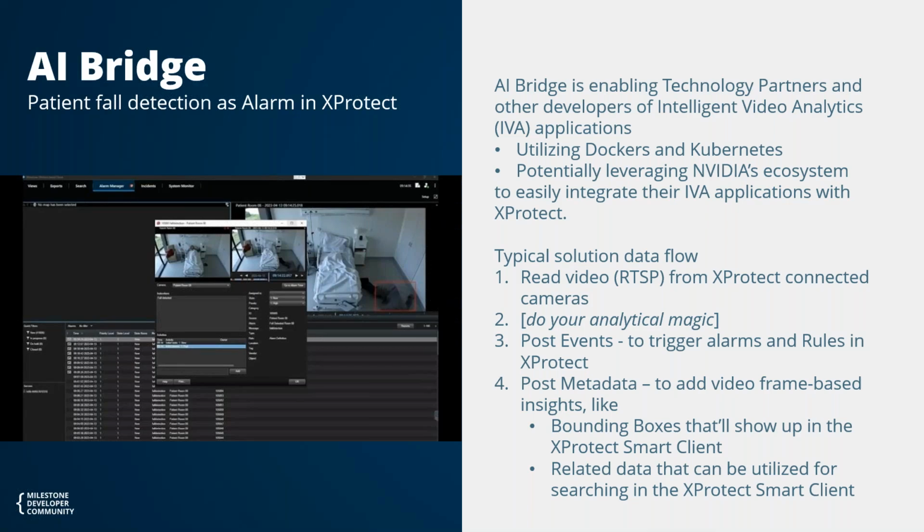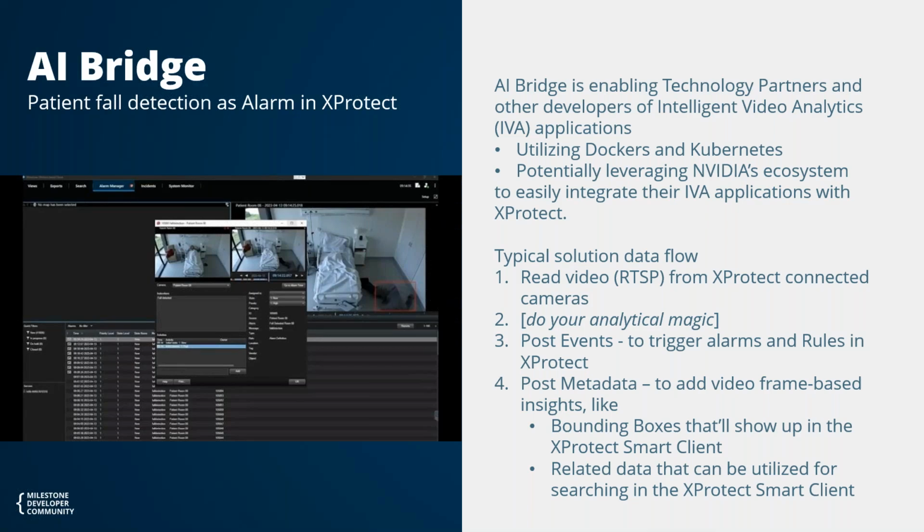And here on the left, there's a screenshot from what's called the smart client, the XProtect operator client, and we see the alarm views. What we see here is a picture of a bedroom in a hospital where a patient has fallen on the floor. Unfortunately, that happens, and it's not a good situation for the patient, and it needs to be acted upon. So in this case, there's a camera in the bedroom, and there's video analytics from one of our hospital assist products that uses the video to identify that a patient has fallen on